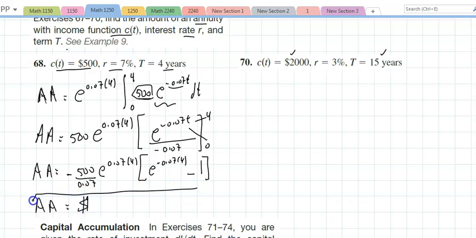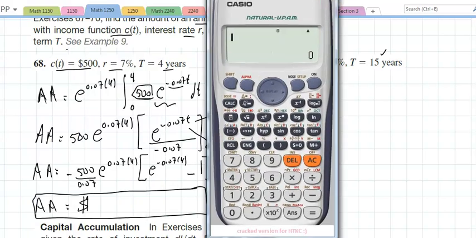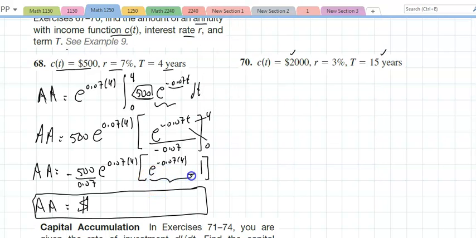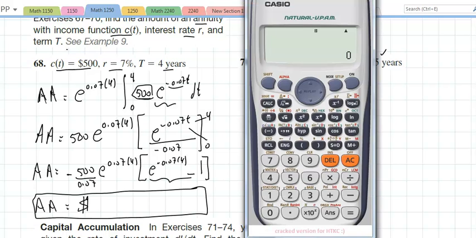So the problem here, the tough part, is that the first 500 is going to accumulate interest for 4 years. The second 500 only for 3 years. The third, so this becomes a bit messy. Calculus allows you to do that. And let's see how we're going to do this. We're going to take this part first. So if I'm doing this, actually no, let's do it as is. I'm going to take